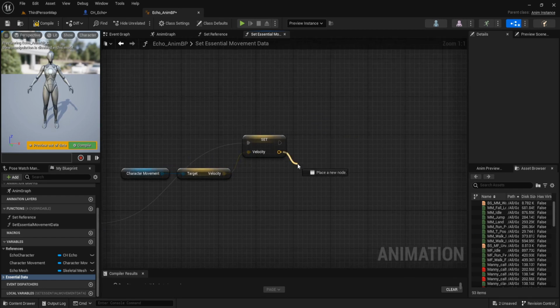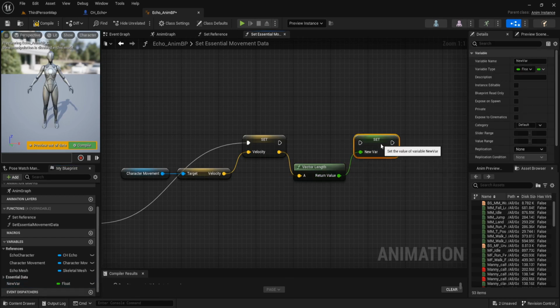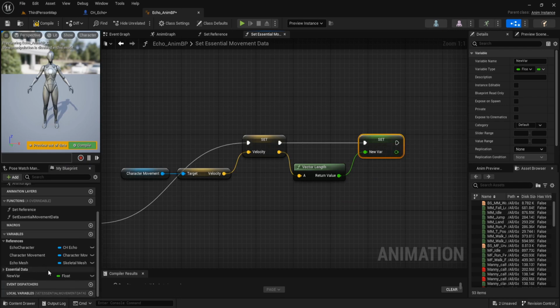And the length of this velocity vector, make a variable; the length of it is speed.